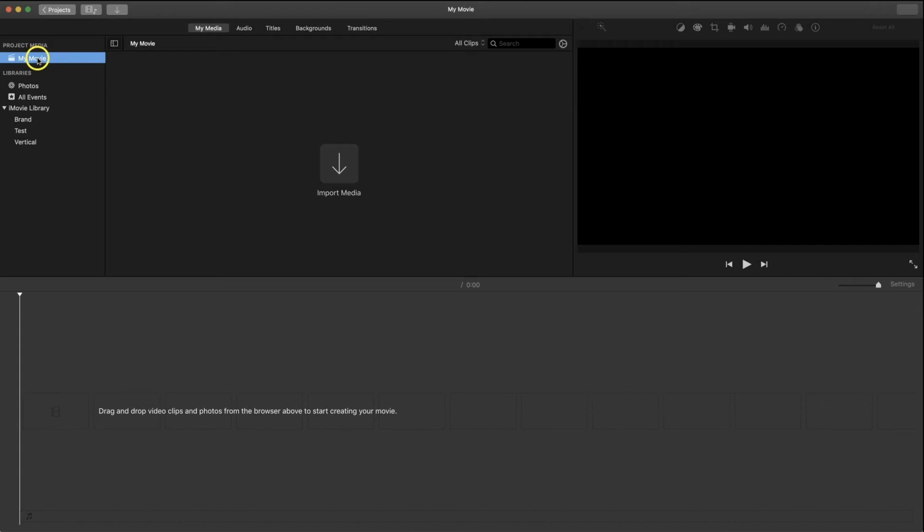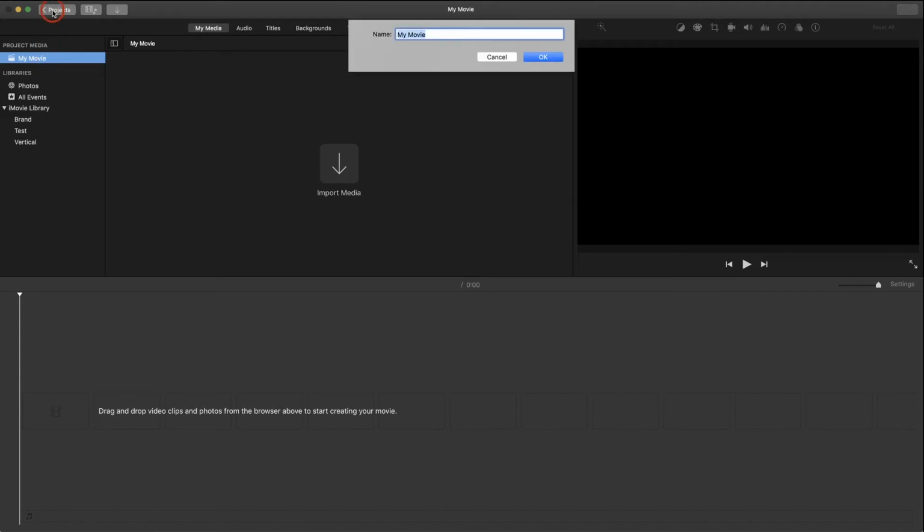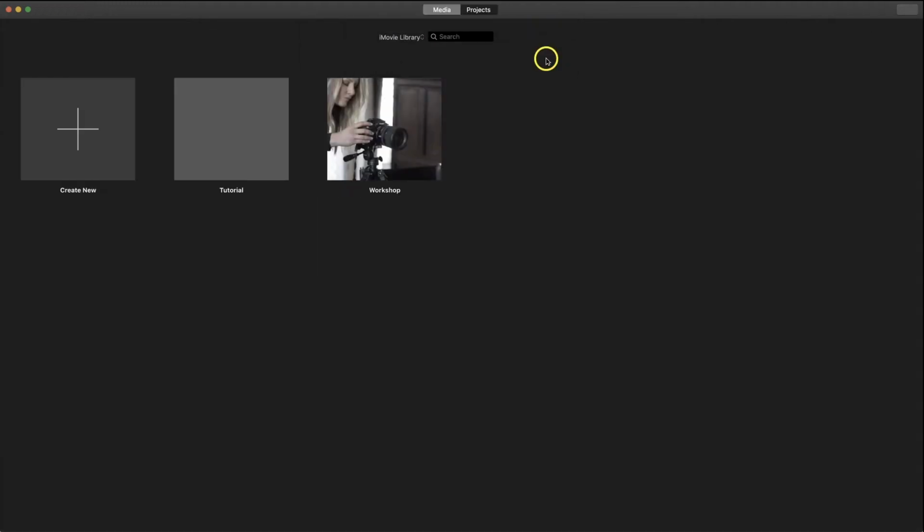So let's hit back to projects because that action takes you back to the screen we just came from, but it also gives you the chance to name your video. So let's name ours tutorial and go OK. So now back on that home screen we have this tutorial option, which I'll double click on